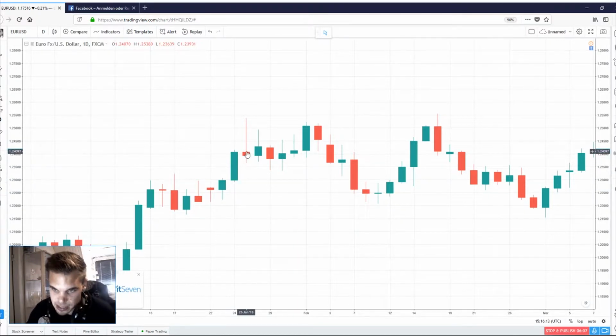But the next day we see, oh, the market was opening here and was climbing up, and suddenly we see a lot of sell pressure. So the market went down and even closed below the opening price, even though we tried to hit that price up there, and that's a big range. So there was a lot of sell pressure. What does that mean? This could possibly be a very nice resistance getting confirmed later on with this candle